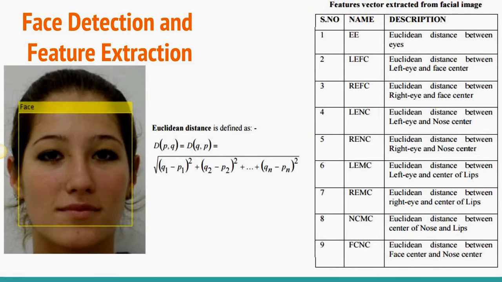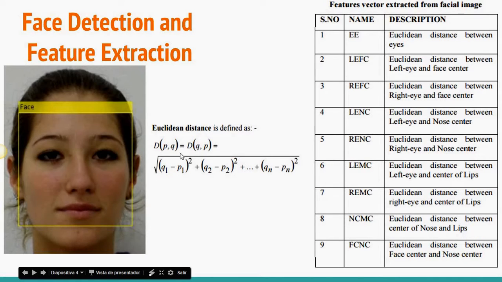And the next step is to locate where the face is in the image, so you can use the Viola-Jones algorithm. It is deployed to detect the face as well as the facial features from the input image. It is a robust algorithm for detecting faces. Then you need to identify some features such as eyes, nose, lips,